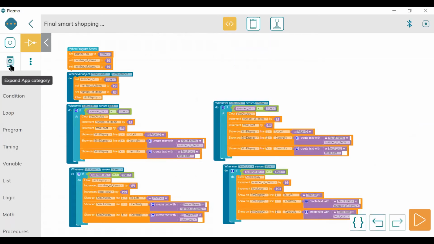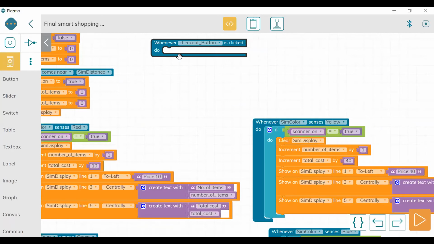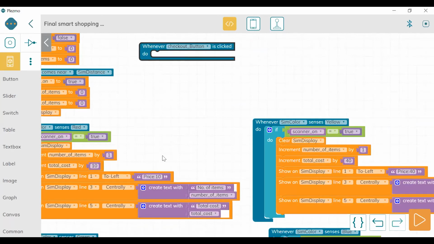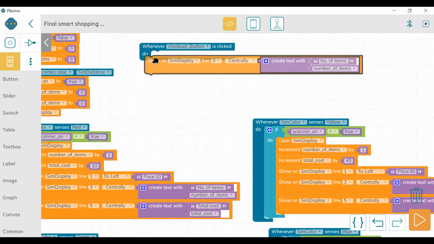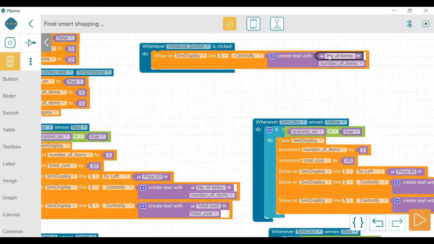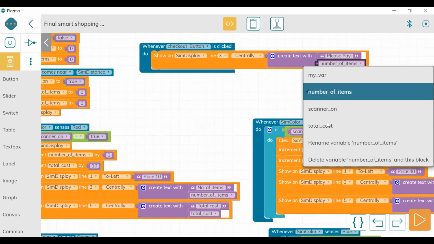Now let's go to the app design area, and here, when the button is clicked, it is automatically coming. I will zoom out, sorry. Checkout button is clicked, then what to do? Then display. Okay, let's duplicate from here only, it will be easy. Display here total, please pay. We can say please pay. Fine. And done. Here we have to take total cost.